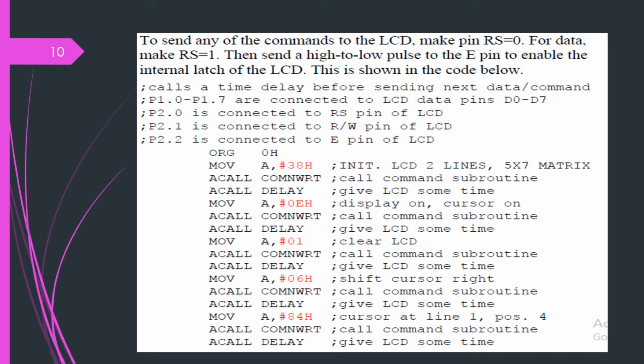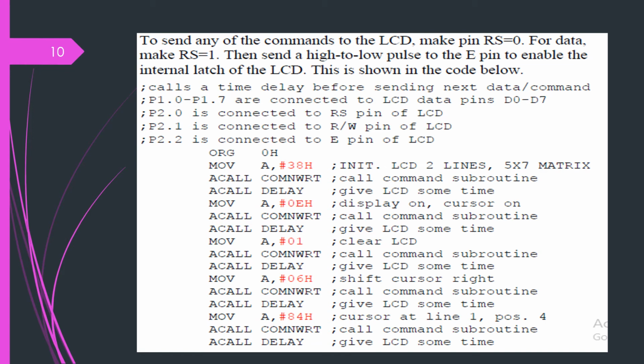Then send a high to low pulse to the enable pin to enable the internal latch of the LCD, and this we are doing. So time delay for sending the next data or command. Port 1, pins P1.0 to P1.7, are connected to the LCD data pins D0 to D7, and P2.0 is connected to the RS pin of the LCD, P2.1 is connected to the RW pin of the LCD, and P2.2 is connected to the enable pin of the LCD. So these considerations we have done.